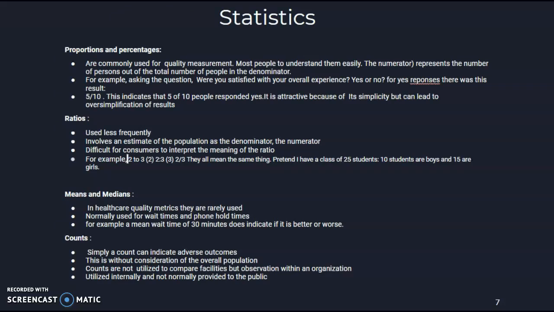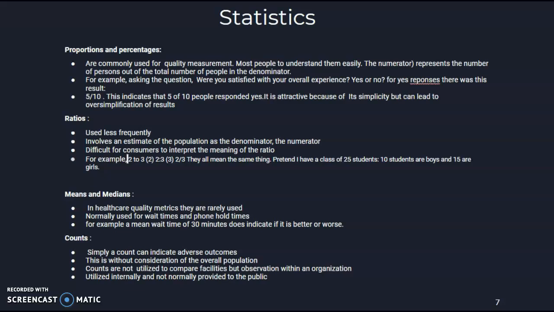Statistics that we derive from this information are very important. We use a combination of statistics, some more than others. I'd like to briefly talk about those. First off, proportions and percentages are commonly used for quality measurement. Most people can understand them easily. The numerator represents the number of persons out of the total number of people, which is the denominator. For example, to simplify, if you ask the question, were you satisfied with your overall experience, yes or no, the yes responses